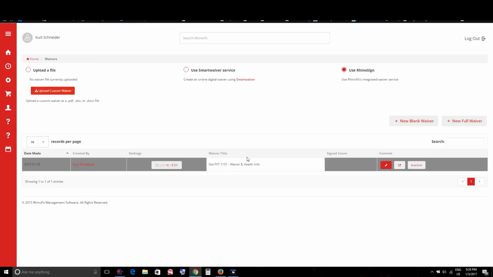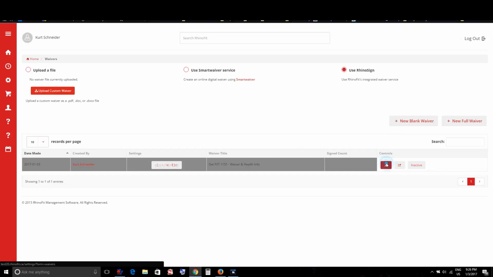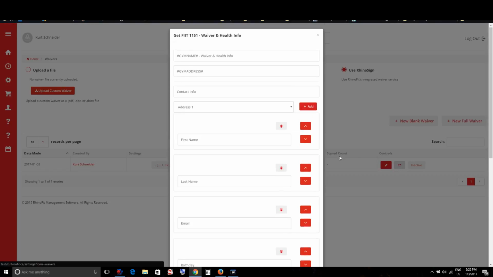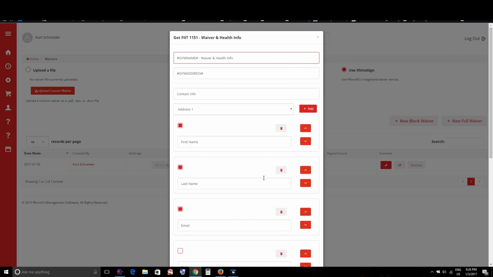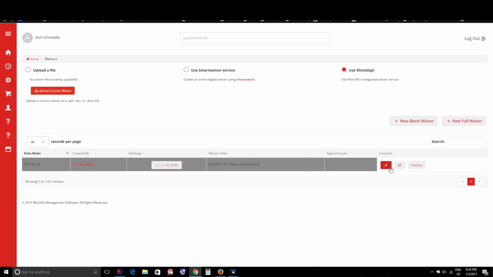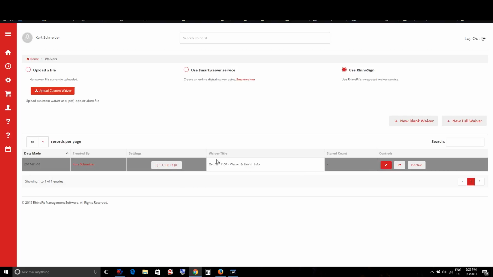This now becomes a new waiver that is inactive. The controls for the waiver allow me to edit the waiver. It also allows me to copy the waiver, so this is, if I hit save on this, it will actually create a new waiver. The purpose of this is that once a waiver has a signature, it no longer is editable, so this control will actually go away and just become a preview control. And you need a way of being able to take a waiver that you currently have and modify it as times change and